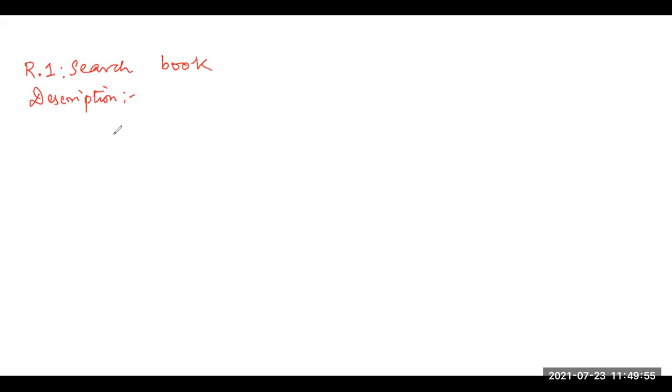So how do we search a book? We first give the keyword, a matching algorithm is run on the database, that is the processing. And if it matches, some outputs are given, right? So this is the high level function where I need to write the description. In the low level function, I do not need to write the description. There, I need to write the input and output. So the first one is select search option.